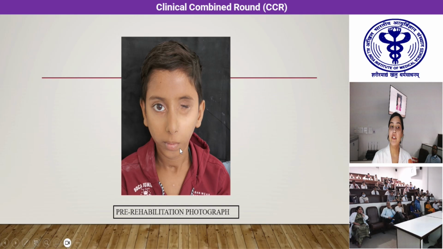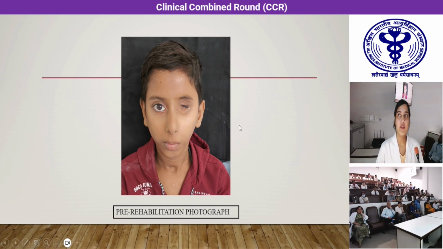Good afternoon, everyone. So this was the condition of the patient when he was brought to our department. On local examination, it was found that the lesion was well healed, well circumscribed by the bone, and it was not extending up to the movable skin of the nose or the cheek. So for this particular case, an acrylic prosthesis was considered.